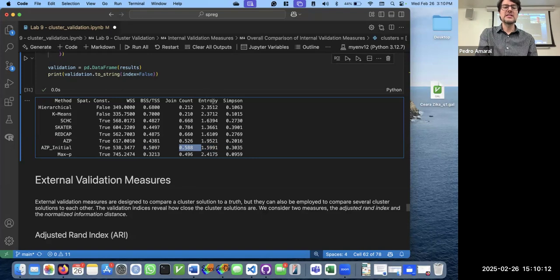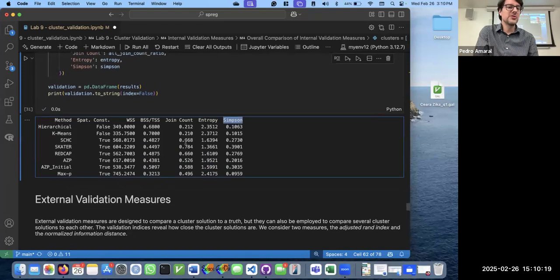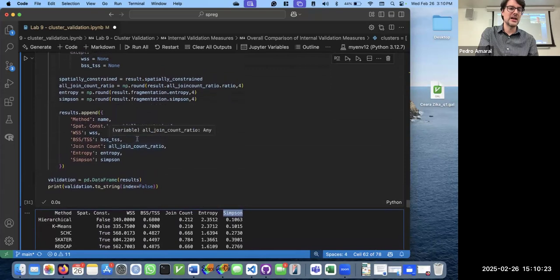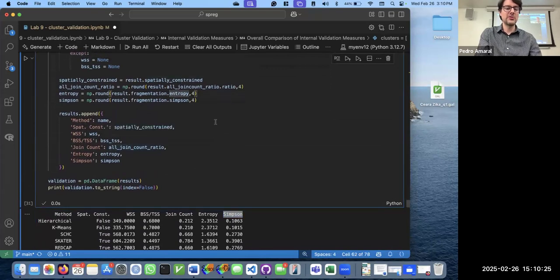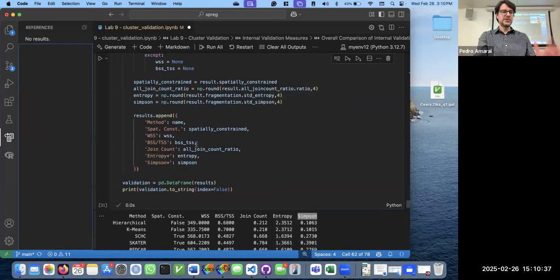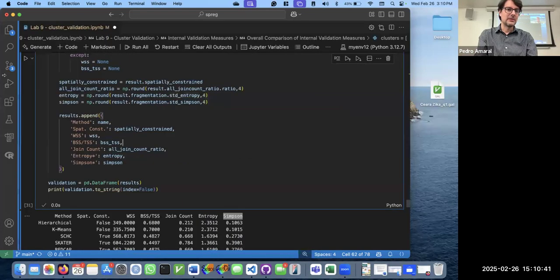Here, we are not using the standardized measures. The number of clusters is the same, so it doesn't really matter. But if you want to use the standardized, you can just move upwards here in the cell. Where we do the entropy, you can just do STD entropy, and where we do Simpson, you can do STD Simpson. And then, of course, just add a star here, just to make sure that you know what you're looking at. Oops. I don't know what I did here, but anyway. So yeah,